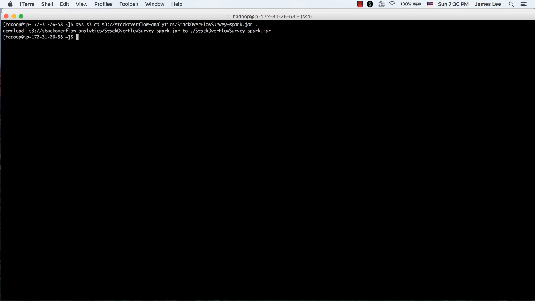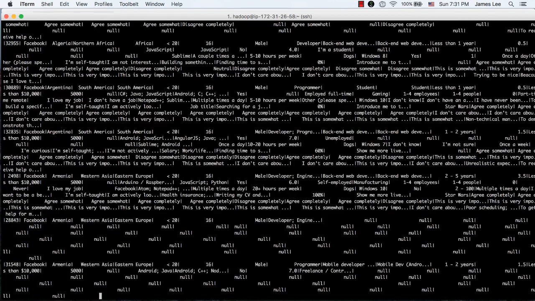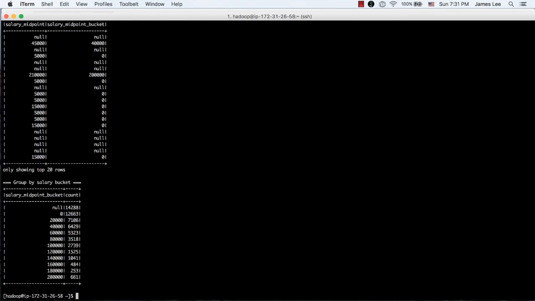After the jar file is downloaded, we can submit the jar file to the Spark EMR cluster. By default, the spark-submit script is included in the Linux path environment variable now. So we can just run spark-submit and put the jar file name as argument, and hit Enter to run our Spark job. See, we get all the job outputs. Now we have seen how to run our Spark application on a remote cluster. Make sure you delete all the files from S3 and terminate your EMR cluster if you don't